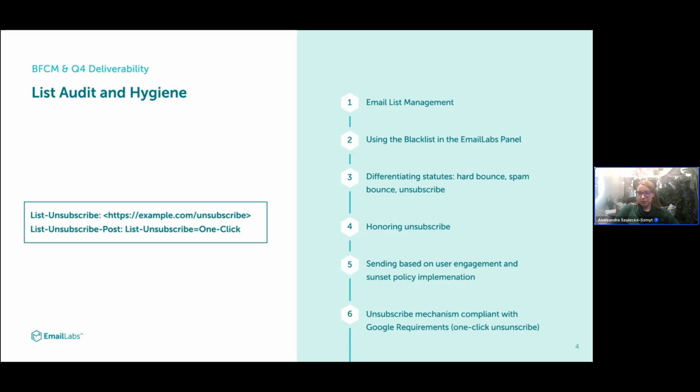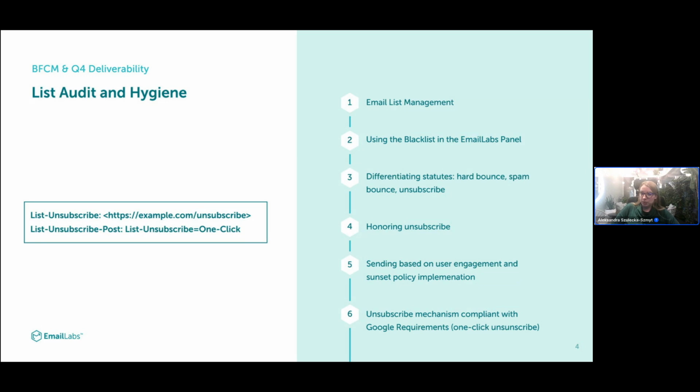If we have our list, we know which users unsubscribed or marked as spam or hard bounced, so they do not exist anymore, for example. And we are working on the list. We deleted the hard bounces. We deleted the spam complaints because they don't want to receive our communication anymore. We also have to honor the unsubscribe. So if our client doesn't want to receive any emails from us anymore and they use this option, it is important to honor it and to remove them from the list at least in 48 hours, according to Gmail, so that they do not receive any more communication from us.